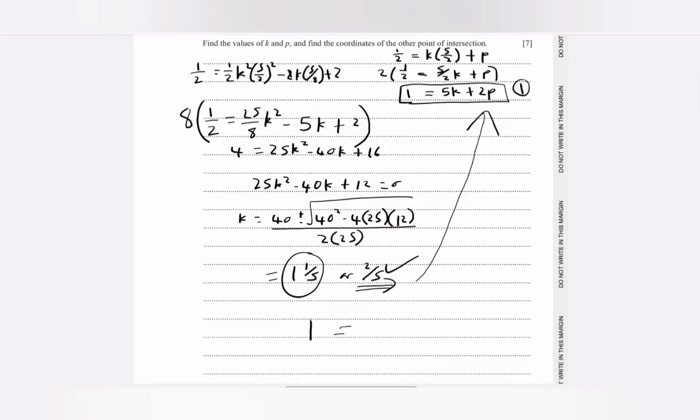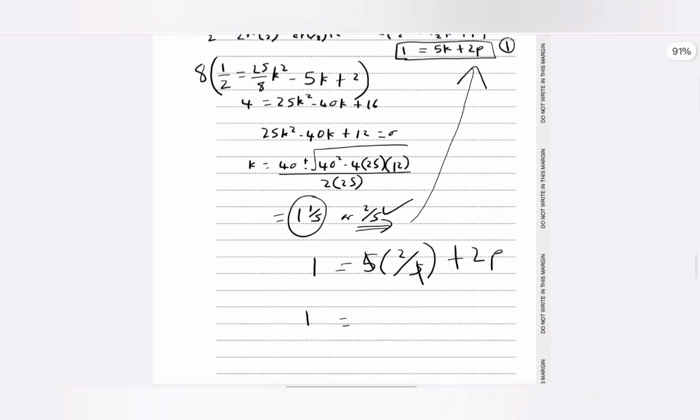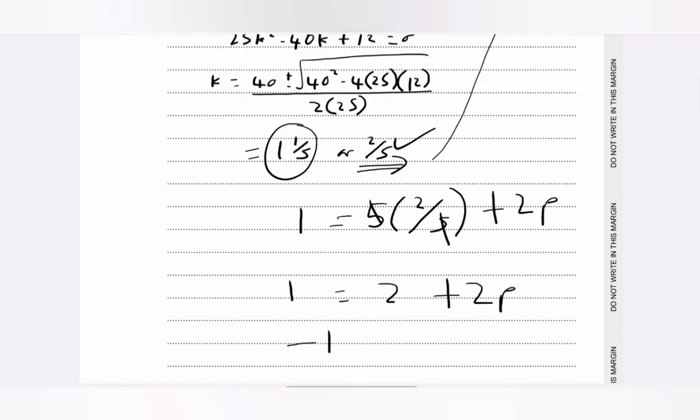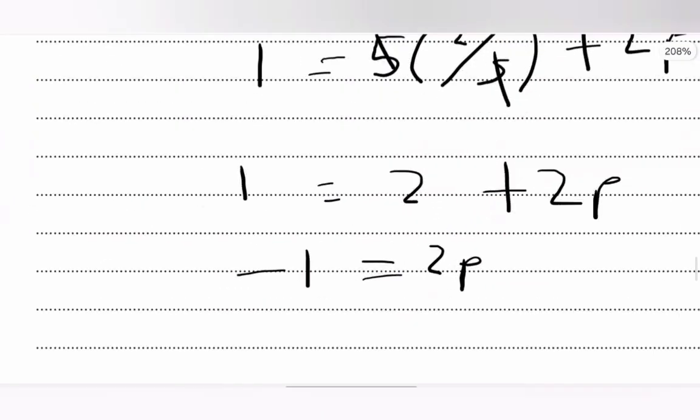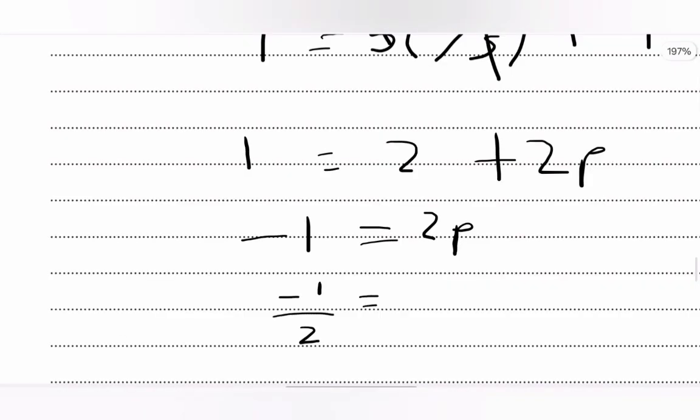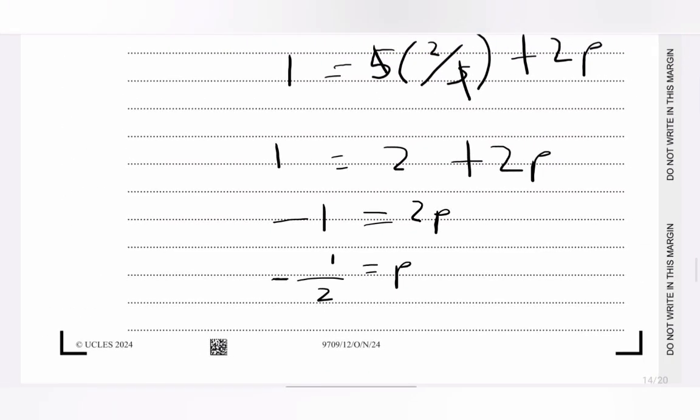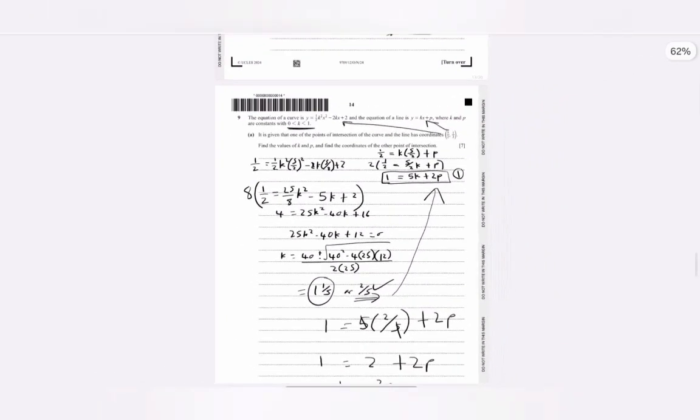So 1 is equal to 5, then we substitute k with 2 over 5, and we get 1 is equal to 2 plus 2p, and this will give us minus 1 being equal to 2p, and minus 1 over 2 should be p. So write it like minus 1 over 2 is equal to p,